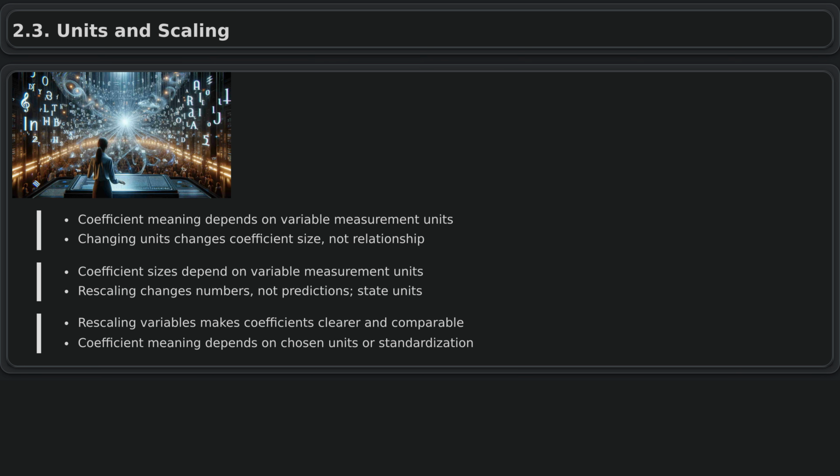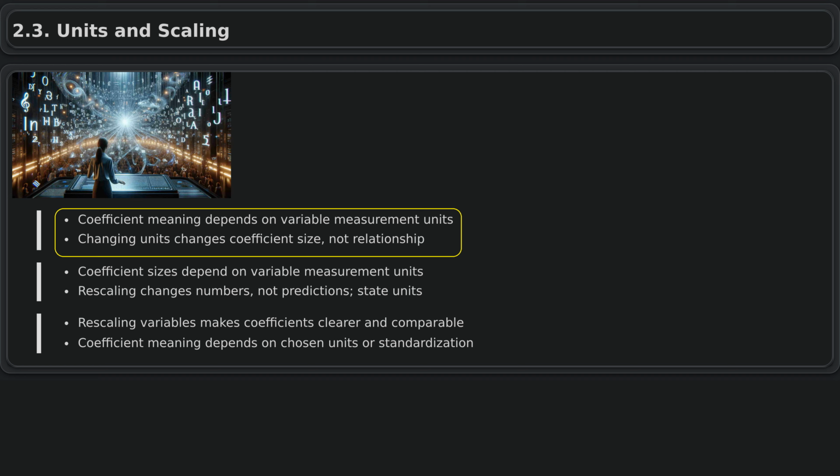Units and scaling. When interpreting regression coefficients, always connect them to the measurement units of each variable. A slope only has meaning when you state how much the outcome changes for a 1-unit change in the predictor. For example, if monthly electricity cost is modeled from household size, a slope of 15 means each additional person adds